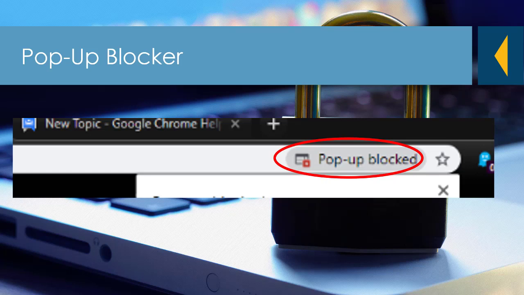The browser will usually tell you if it is blocking a pop-up window. Check the upper right corner of the address bar to see if there is a notification saying a pop-up has been blocked, as shown on the screen here. You can typically click the notification and select Allow pop-ups from this site or something similar, and the page should